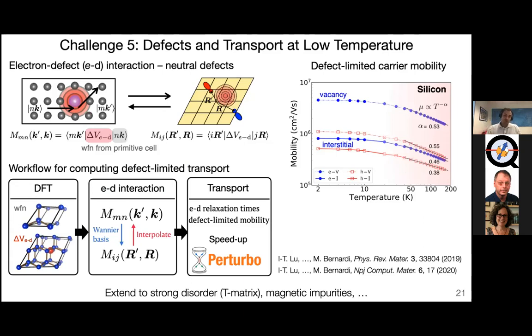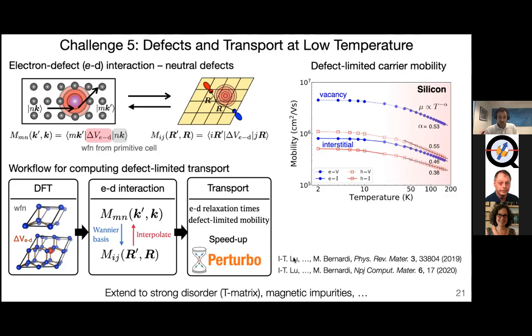Okay, so now in density functional theory, in principle, you have all the tools to form the electron-defect matrix elements. You can basically do a calculation with a large supercell containing a defect, and then subtract the Kohn-Sham potential from a pristine supercell, and now you obtain this electron-defect perturbation potential. The wave functions, however, in the simplified approach, you would have to use the wave functions for the large supercell, and those are extremely expensive and essentially impossible to handle.